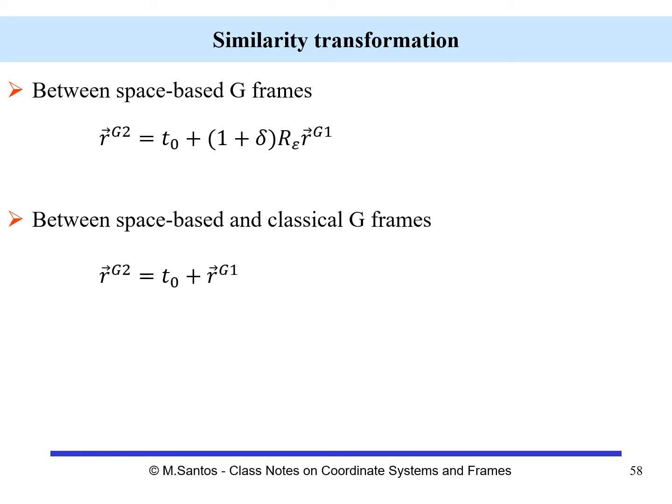I have, going from a system G1 to a system G2, the coordinates of a point. We apply 3 rotations, 1 scale factor, and 3 translations. These are the 7 parameter transformation that is now